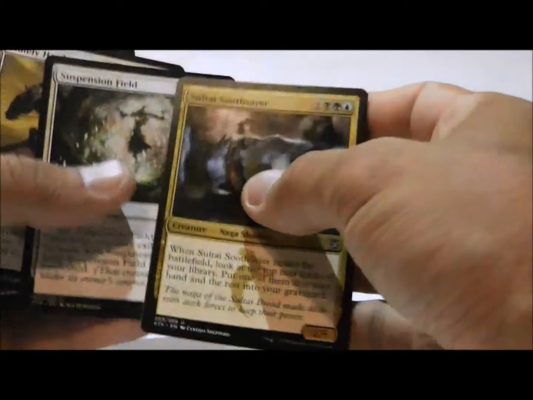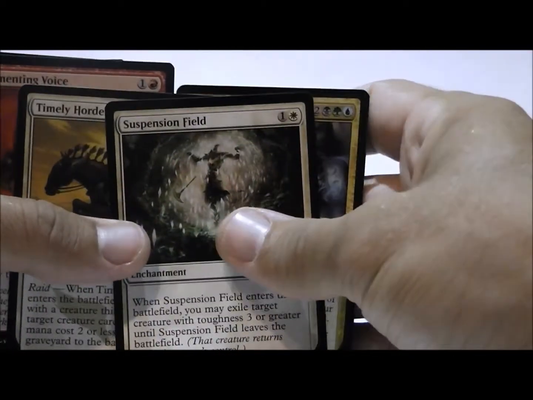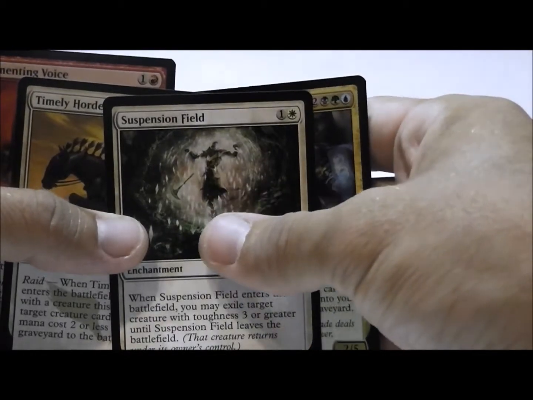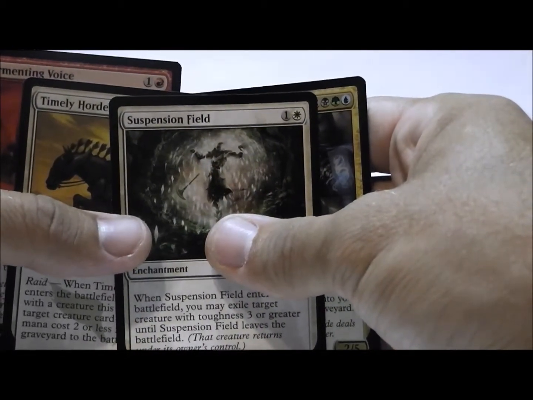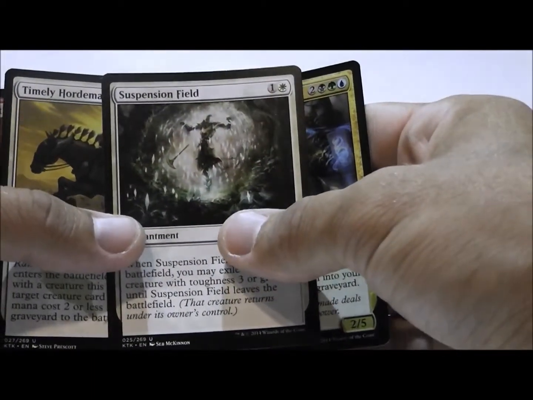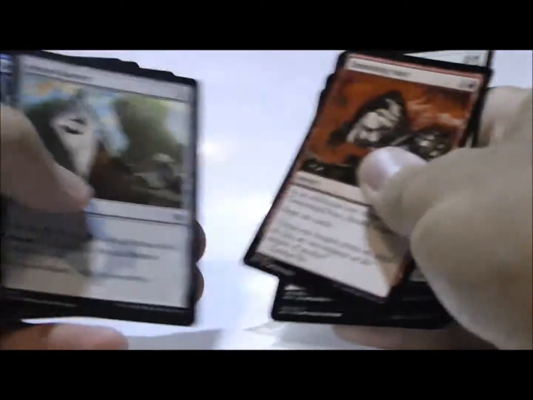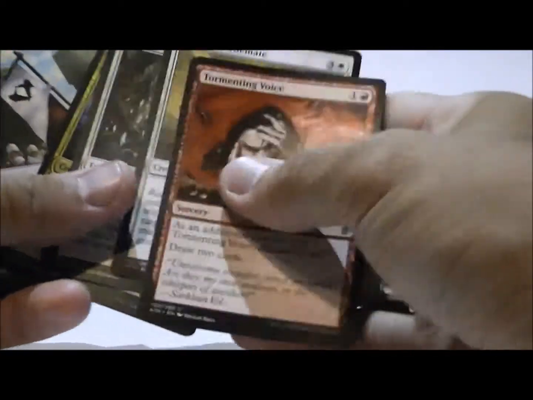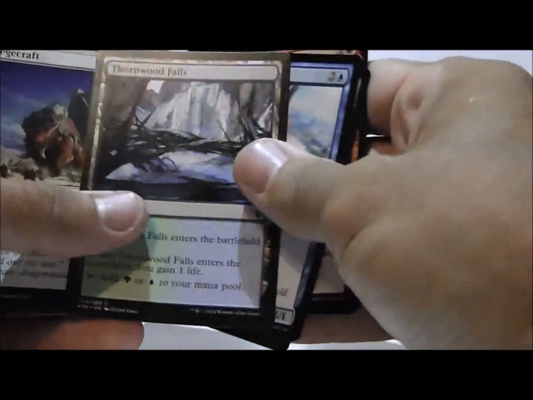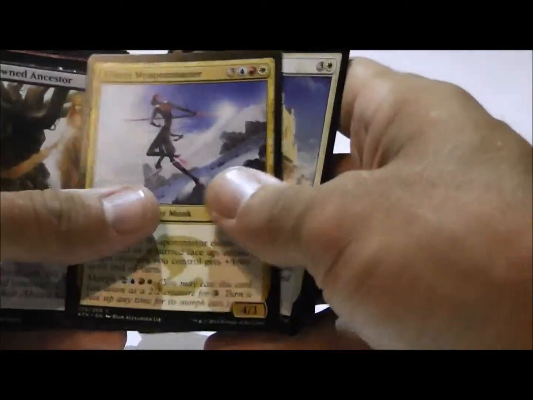I like taking Suspension Field because it's splashable. It's monocolor. You are going to end up with multiple colors in this set. Don't kid yourself on that. However, maybe diving into a clan on pick 1 is not the best choice. So I do like Suspension Field. I do like Thornwood Falls. I wouldn't mind taking that highly. Maybe not above Suspension Field, but